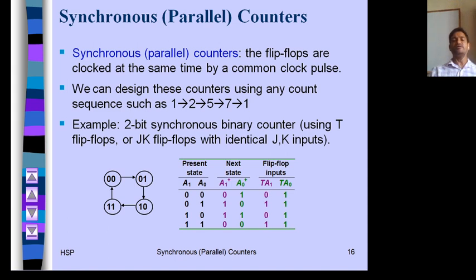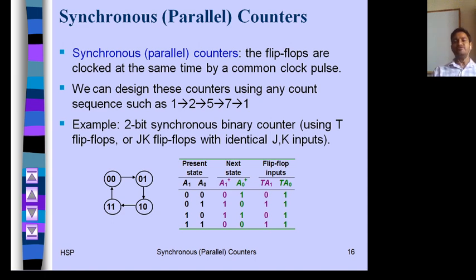But in case of synchronous or parallel counter, a common clock pulse is applied to all the flip flops simultaneously. And in this we can design any count sequence such as 1 2 5 7 again 1, but you cannot design this type of sequence by using asynchronous counter.